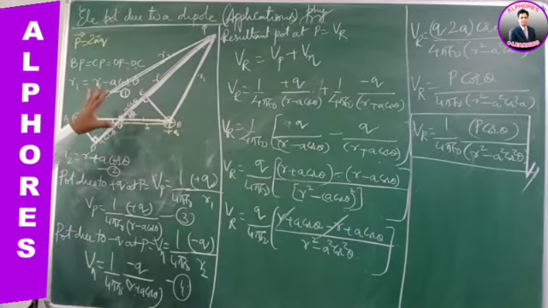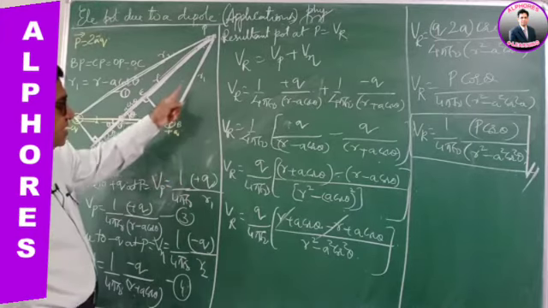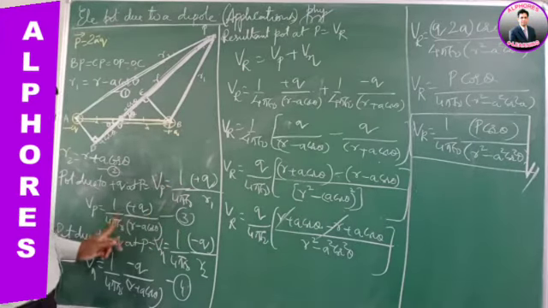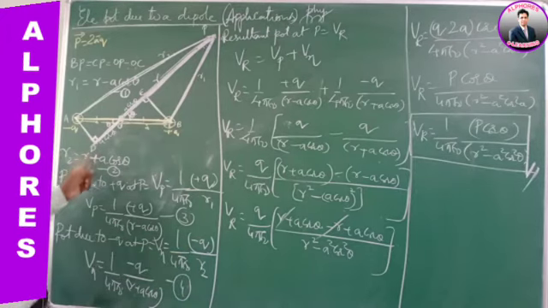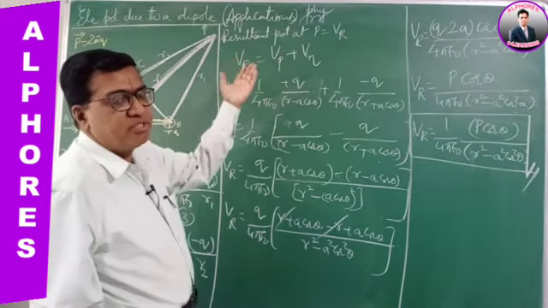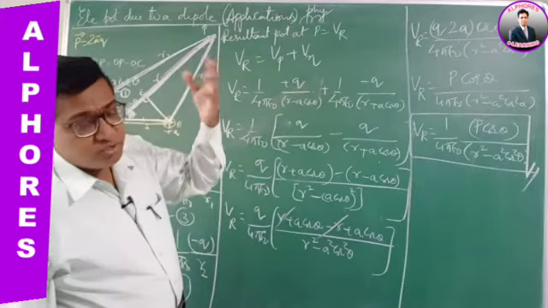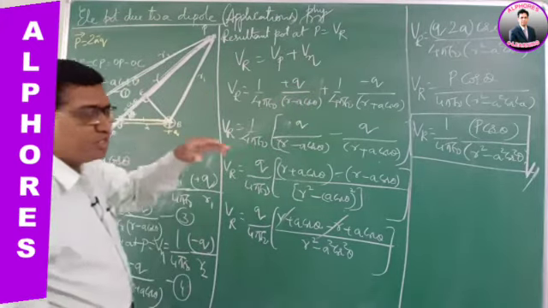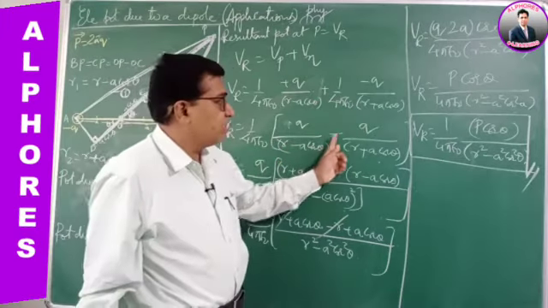So, respective distances. Then potential due to positive charge plus Q by distance R1. R1 is R minus A cos theta. Potential due to negative charge minus Q by R2. R2 is R plus A cos theta. Total potential is the potential due to positive and negative charges. Add both, right? For positive it is plus potential, for negative it is minus potential. The sum, so you get Q by R minus A cos theta, minus Q by R plus